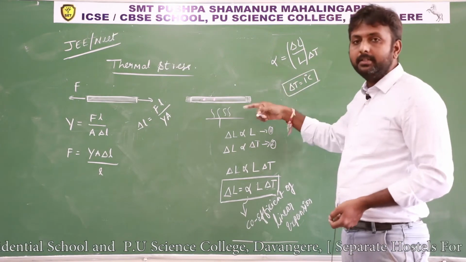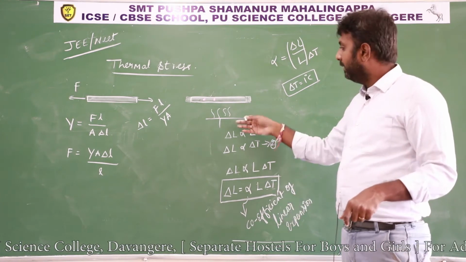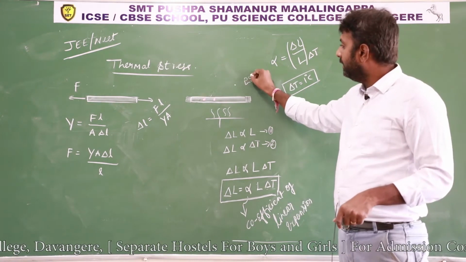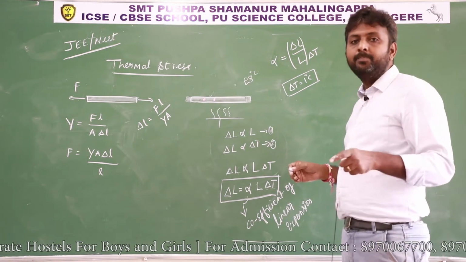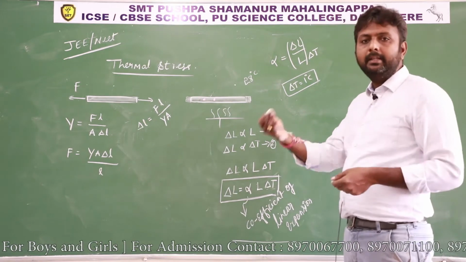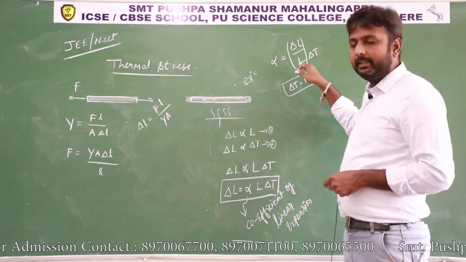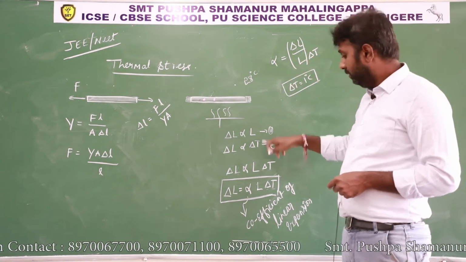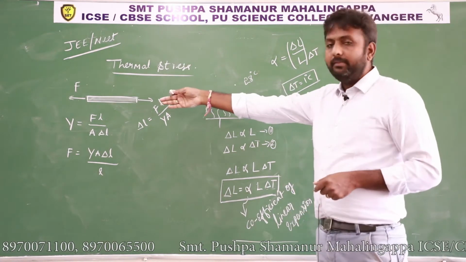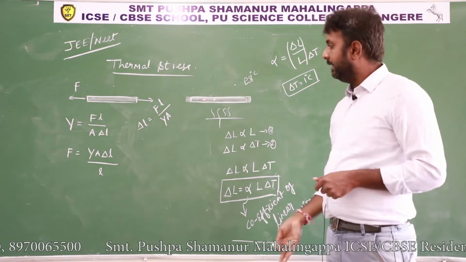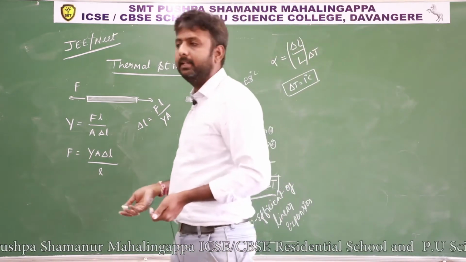That means now the temperature is room temperature, let us consider 27 degrees Celsius. By supplying heat energy, the temperature becomes 28 degrees Celsius. Definitely the change in temperature is 1 degree. That means for any material, if you increase the temperature by 1 degree Celsius, then the fractional change in length is numerically equal to the coefficient of linear expansion. And like the Y value is different for different materials, here also the alpha value is different for different materials.